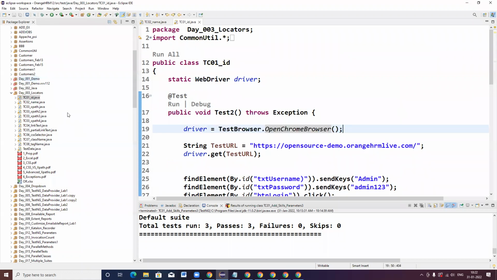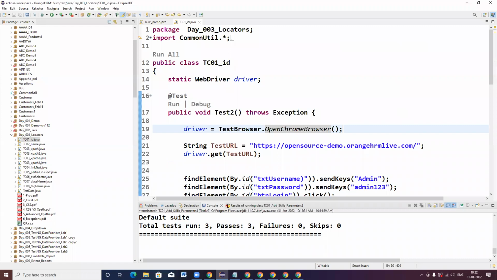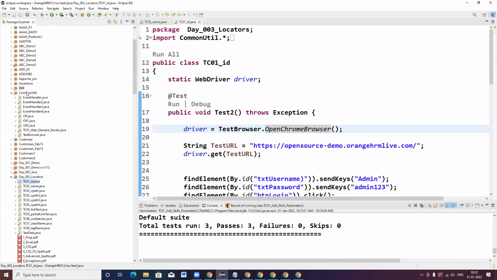Before that, in our project we have a package called CommonUtil. The CommonUtil package contains the TestBrowser.java class.